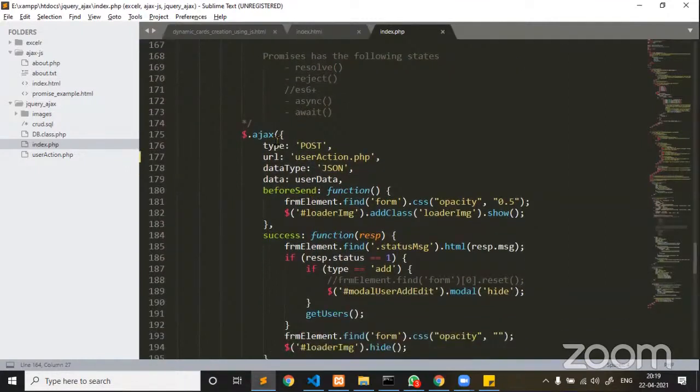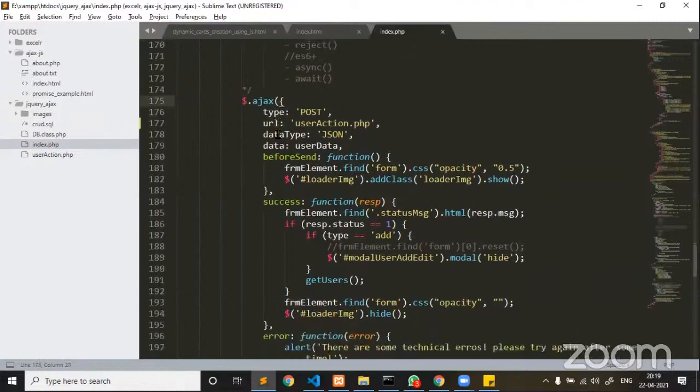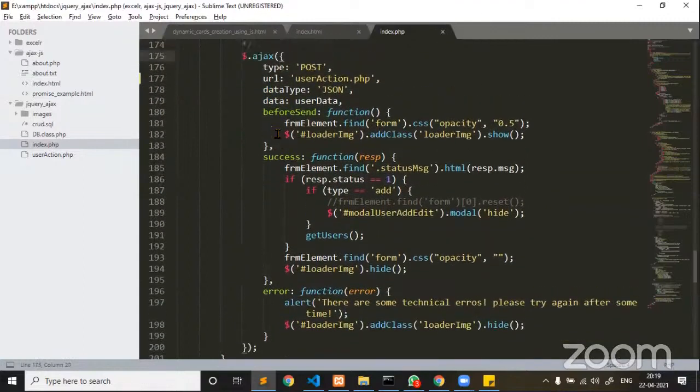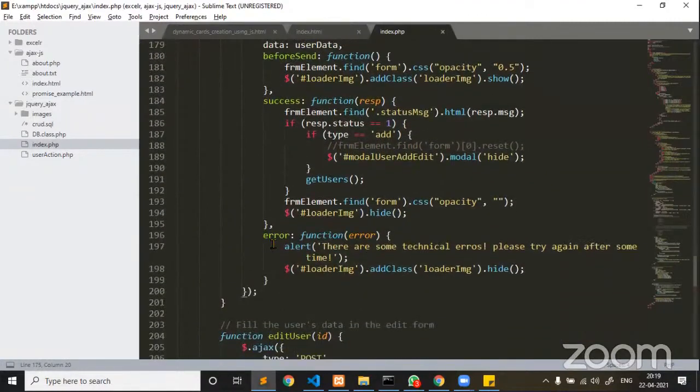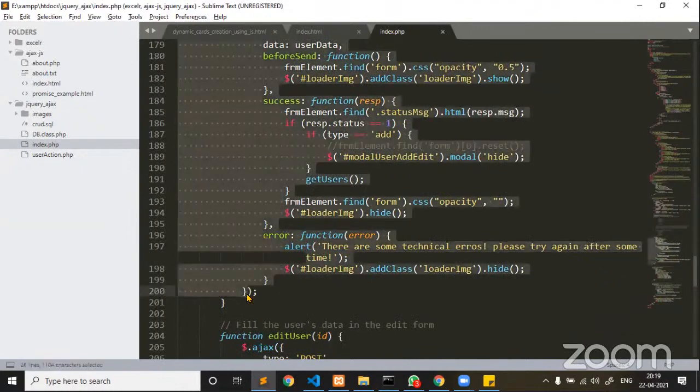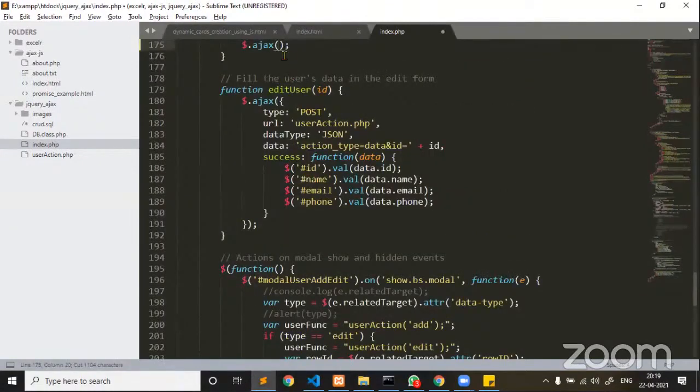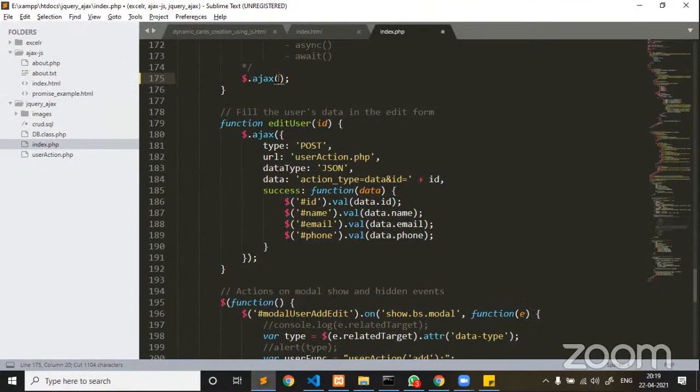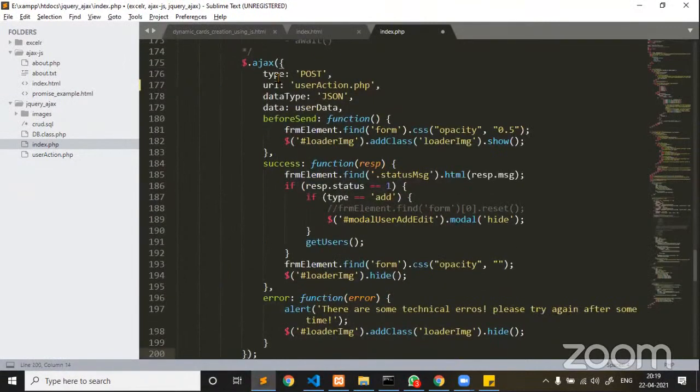Now since $.ajax is a method, for this method, you can see a JavaScript singleton object. Now see, line number 175, $.ajax is a method. For this method I have passed a JavaScript literal way of creating an object, which is a singleton object, as a parameter, my dear friends.